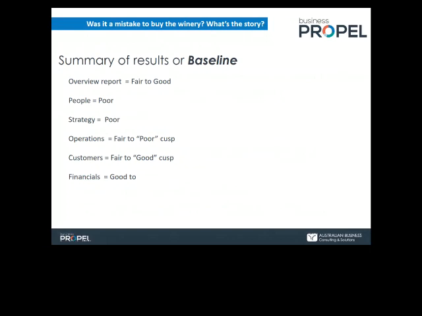In terms of operations of running the business, they know what to do, how to do it. As a matter of fact, if given the resources to do it, they would probably get that up to being excellent very quickly. On their customers, as I've just said, the couple bring some cultural niche market opportunities there. They know how to sell. They've already done, in the process of buying out the business, some trial shows, etc. So they know what to sell to a market and how to sell their story. So that needs to be put into place as a documented plan of where to go, but it's in good